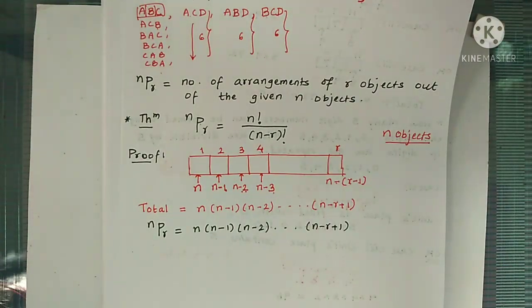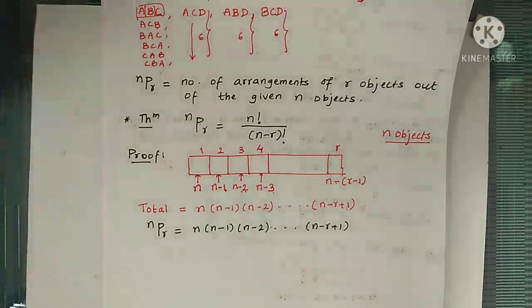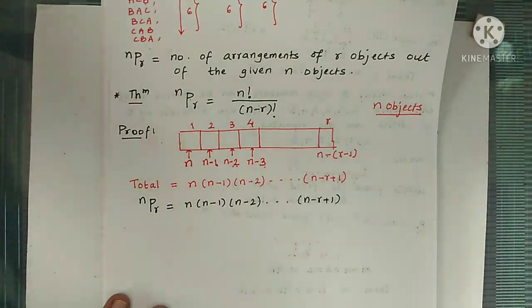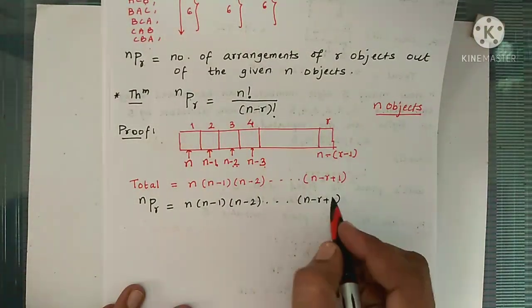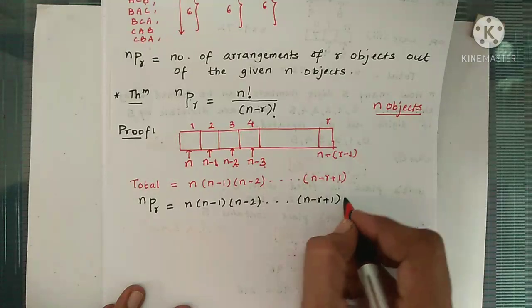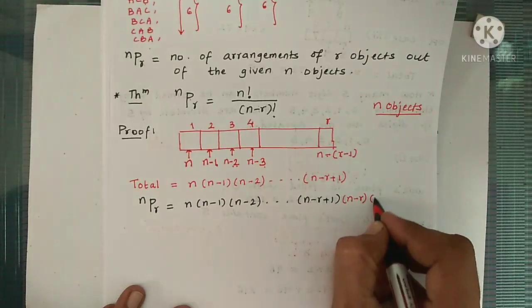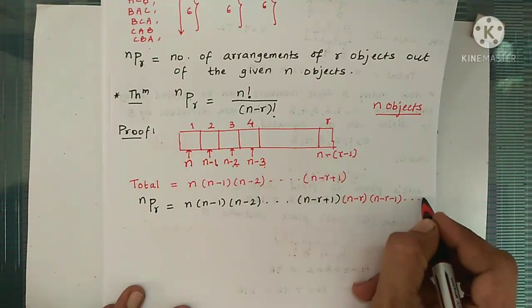Now we know the meaning of n factorial. For n factorial, we have to start with the number n, subtract 1 every time, and up to 1 we have to write all those numbers and multiply those numbers. Now to complete this n factorial, the part missing is the next numbers up to 1. So what are those numbers? n minus r plus 1. So subtracting 1 from this, this will get cancelled and the next one will be n minus r. The next is n minus r minus 1 up to 1.